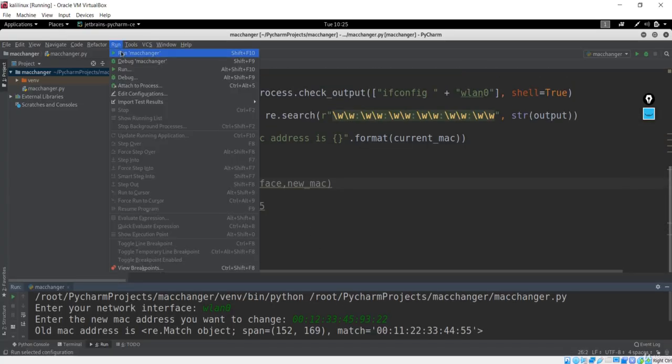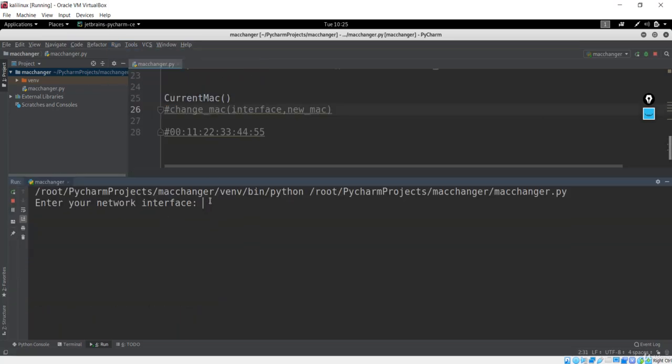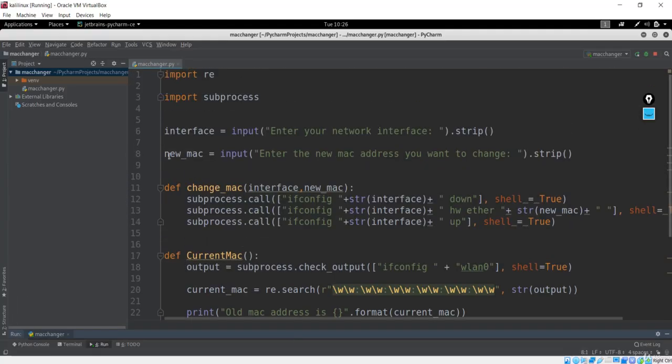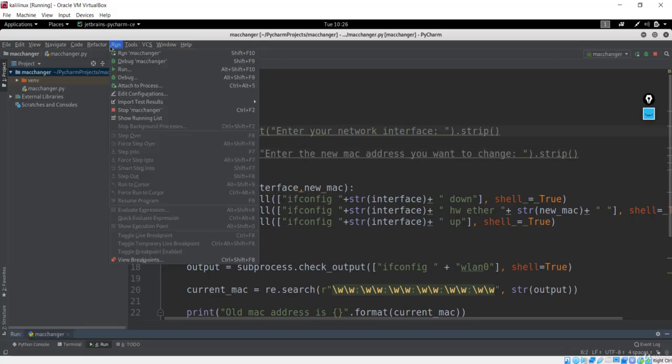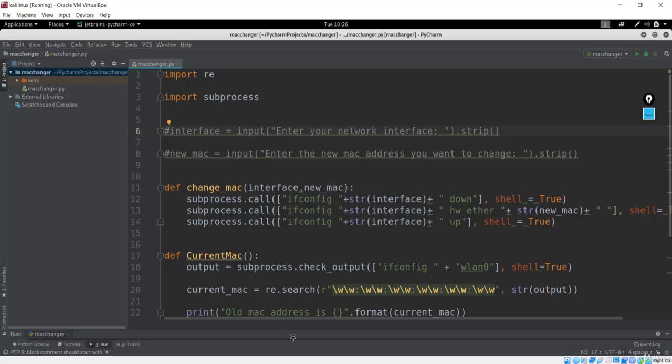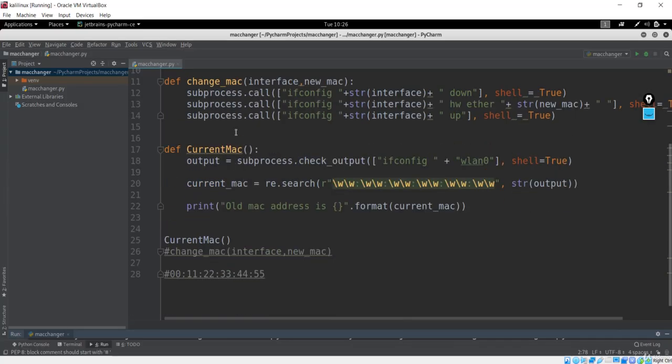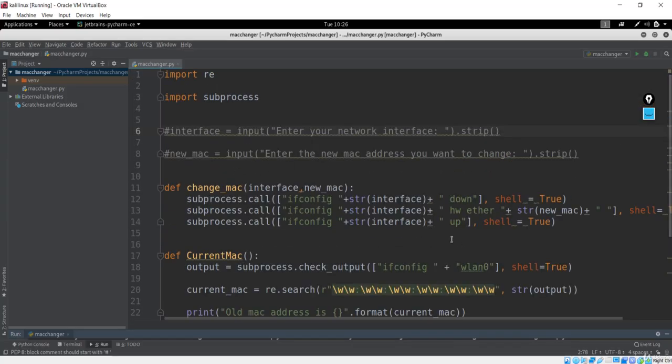It is again asking, but it doesn't matter, we don't need that. Run this again. Now it will show you the MAC address, that is the new MAC address we just assigned from this change MAC.